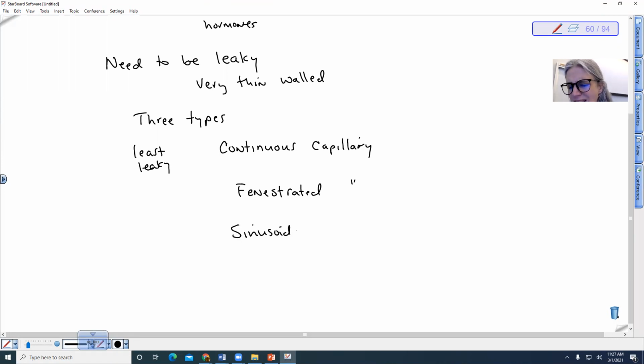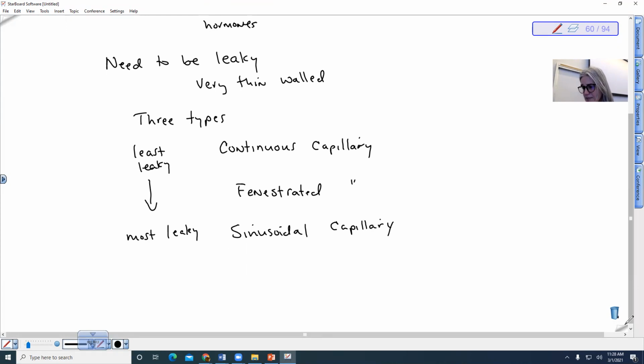Like a sinus is a large space. Fenestrated actually means that there are holes, like Swiss cheese. Sinusoid means that there are big spaces, big sinuses, and they are capillaries, sinusoid capillaries. So this is the most leaky. So let's look at diagrams of these and compare their anatomy, their histology, as well as where they are located